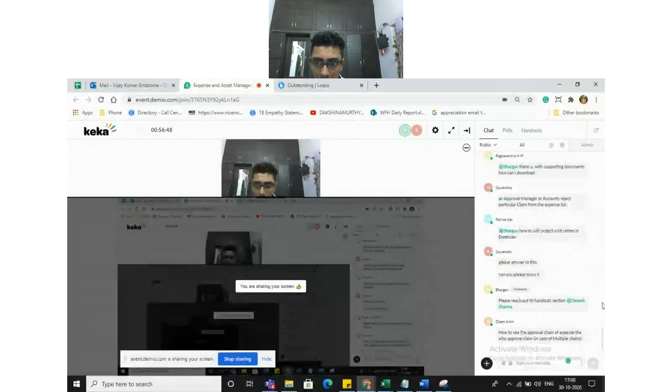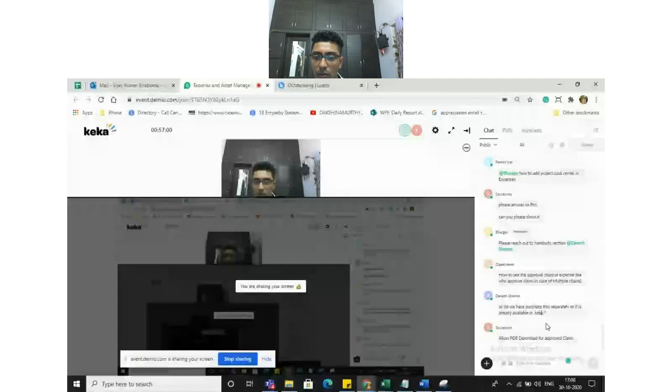How to see the approval chain of an expense, like who approved the claim in case of multiple chains? If there are multiple approvers in a chain and only one particular person has approved it, it will show as partially approved, not fully approved.